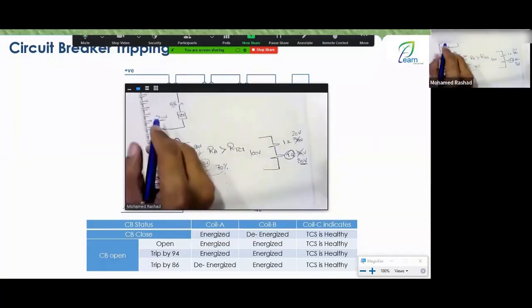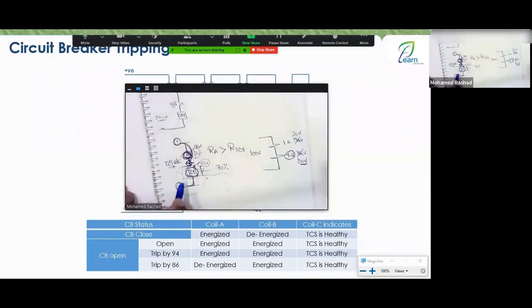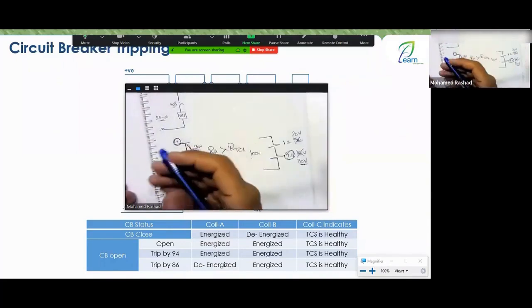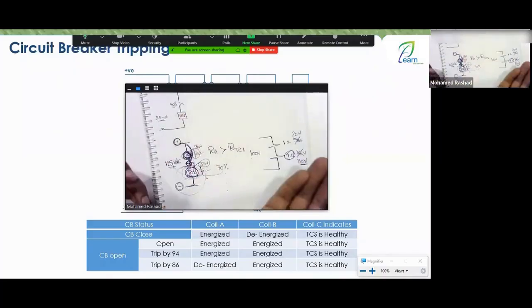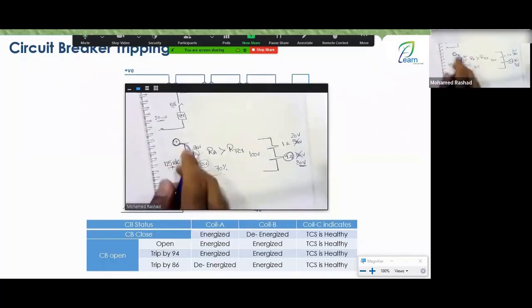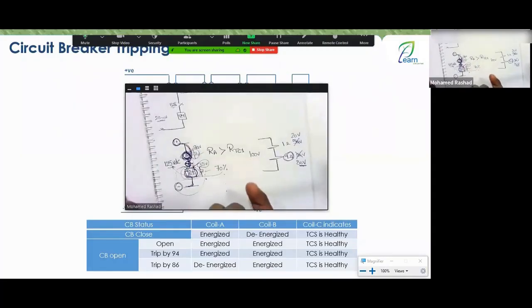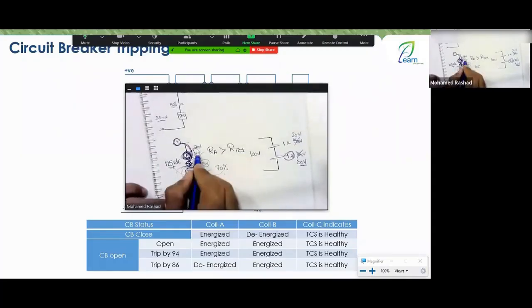If it draws 2.5 or 3 amperes for 5 seconds, it will burn out. Right now, it might be drawing only 0.5 amperes, but you're leaving it continuously. After an hour, after 2 hours, after 24 hours, after a month, it will burn out because the breaker is closed and keeps drawing the current continuously. It will keep heating up. It's not normal for it to draw that current, right? So I need to put a resistor or a coil here with high resistance